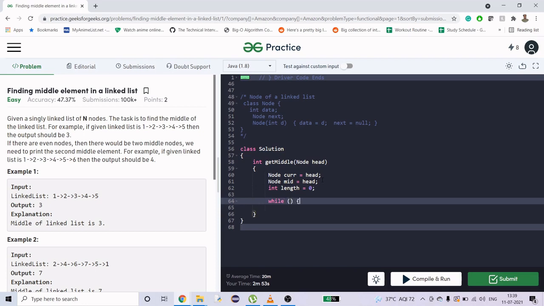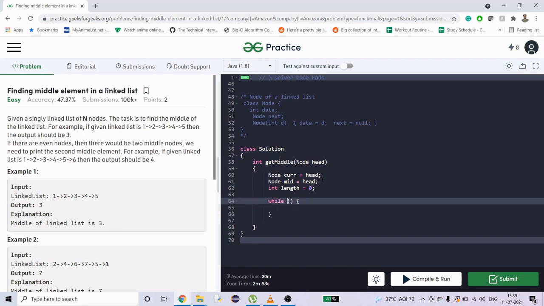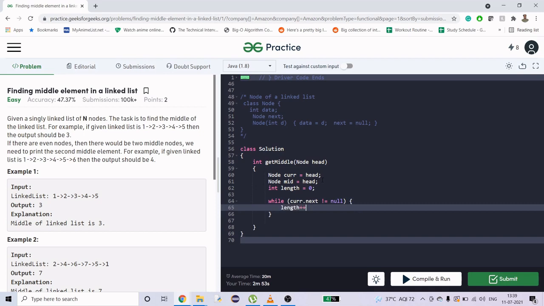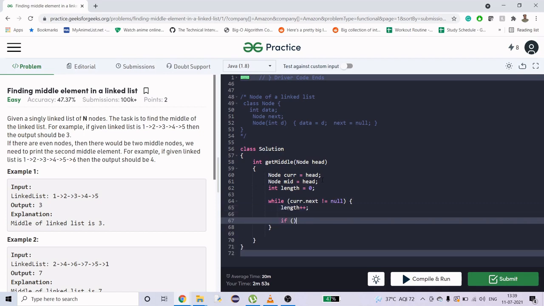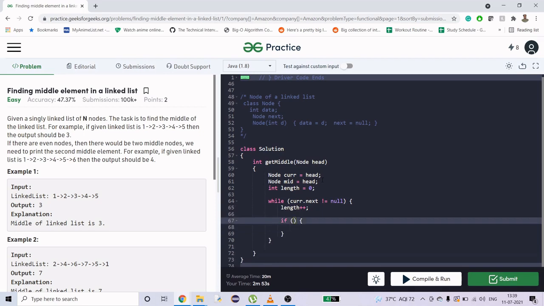We are having a while loop and it is going to iterate till we find current.next not equals to null. So we are just going till the end of the list. In each iteration we are going to increase the length. Then we are going to check if our length when divided by 2 is equal to 1.